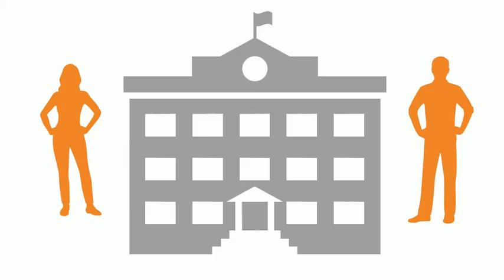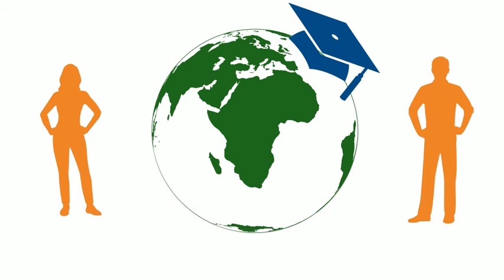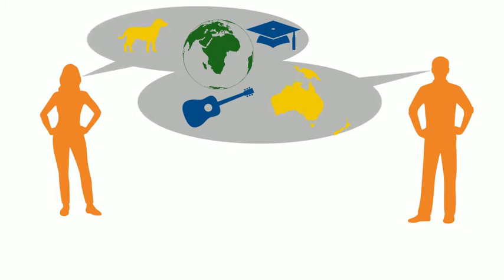Robert wonders whether Mindy is going to the university after summer. But she tells him that she's going on a trip around the world. Robert tells her if you did not travel the world first, you would miss the chance in life to find out what you really want to do. Mindy likes his way of thinking. Let's hope for Robert and Mindy that they will fulfill at least some of their dreams and wishes in life.